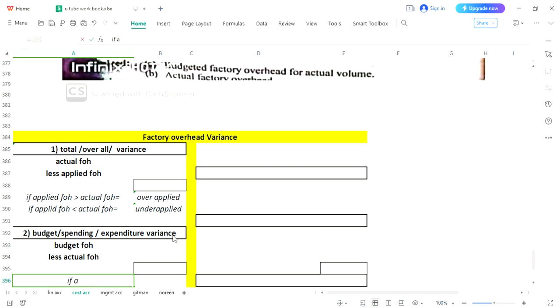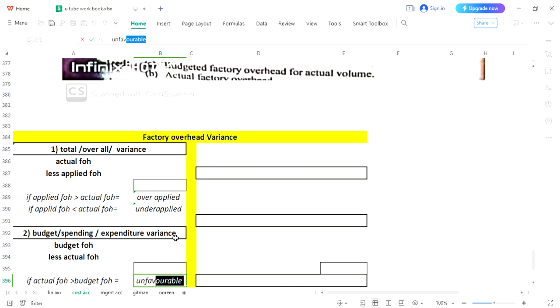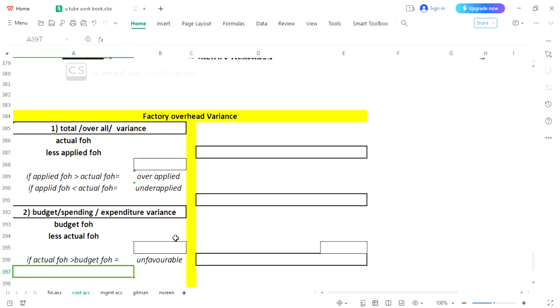So if actual FH is more than budget FH, whenever you are actually spending more than the amount of your budget, it would never go in your favor. So you will call it unfavorable budget variance. Opposite to above, if actual FH is less than your budget FH, you will be happy because your spending is actually less. So you will call it favorable